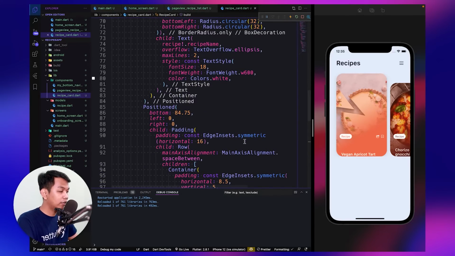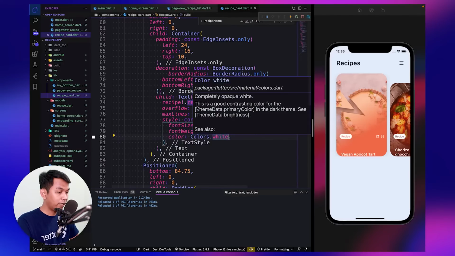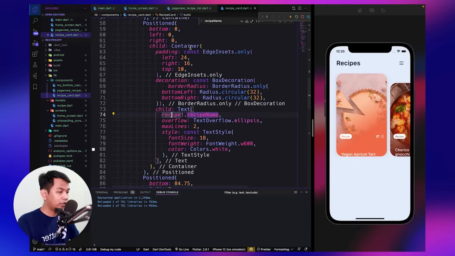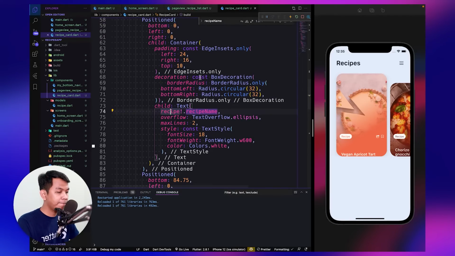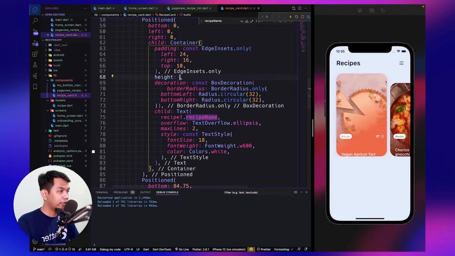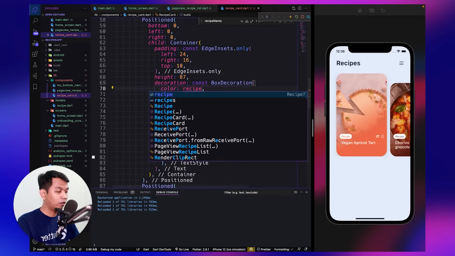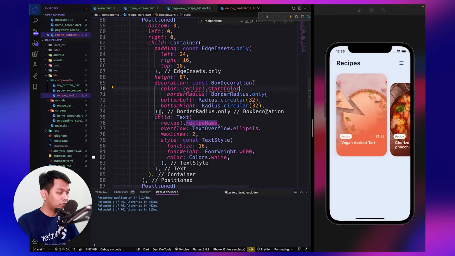And now let's fix this, which is this receipt name. Where is this? So okay, it's inside this container. So the position, that's right, container. Okay. We missed the height. The height is 87. And now as we can see, okay. And inside our decoration, we have to say color, and we call our start color.